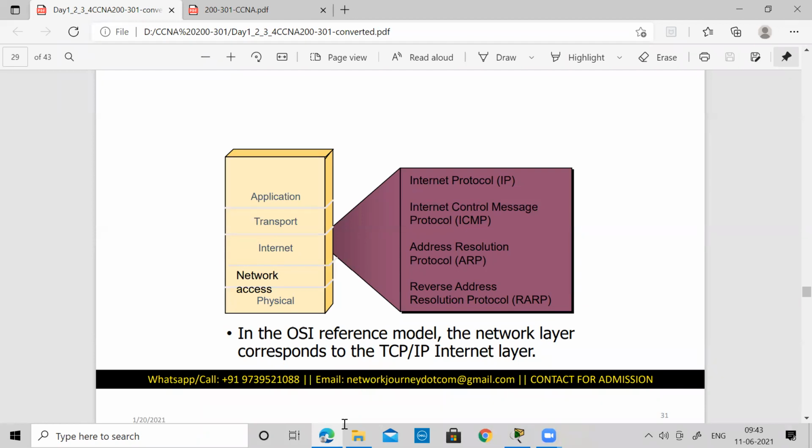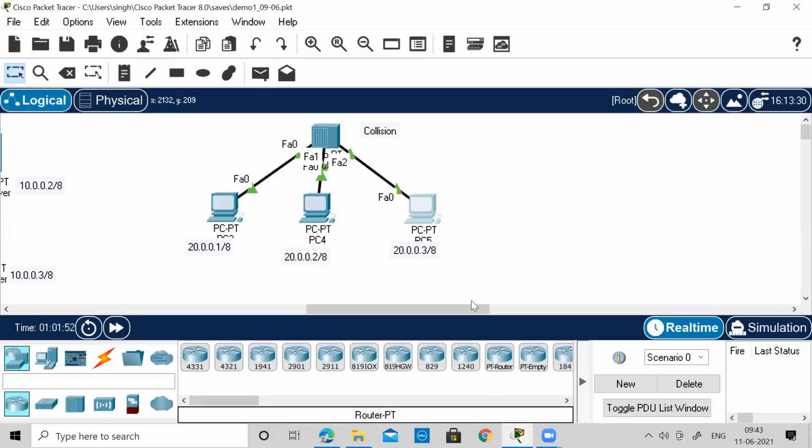The hub thing which I showed you, the collision part, came into the picture because I was discussing medium access control. Medium access control is one of the functionalities done by your data link layer. When I was discussing collision, I said that this generally happens when you are in half duplex communication.